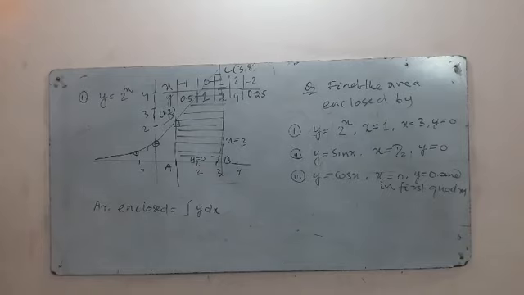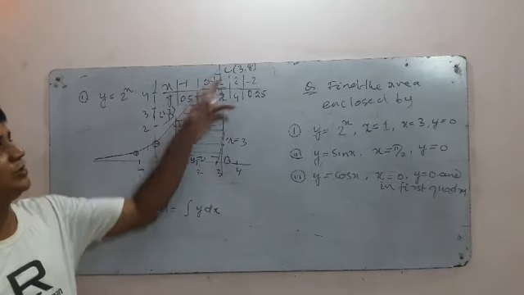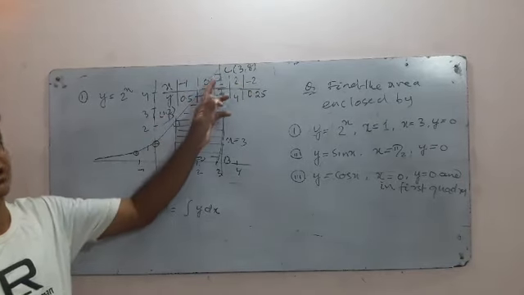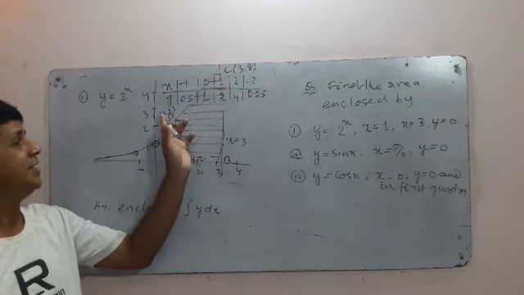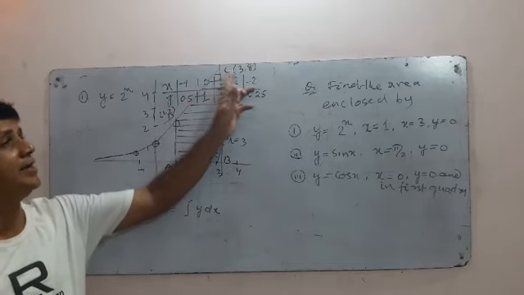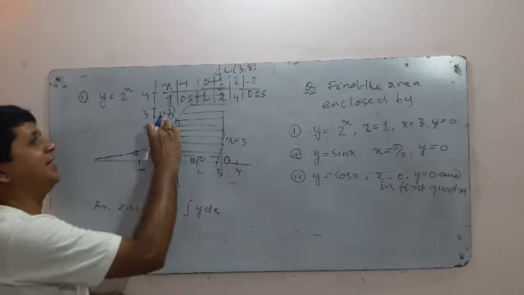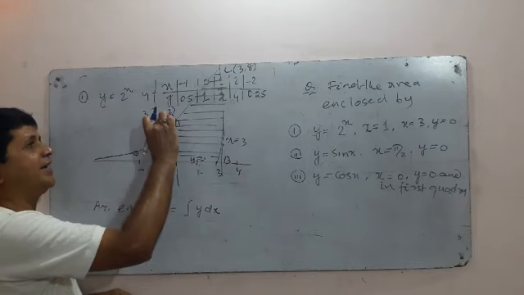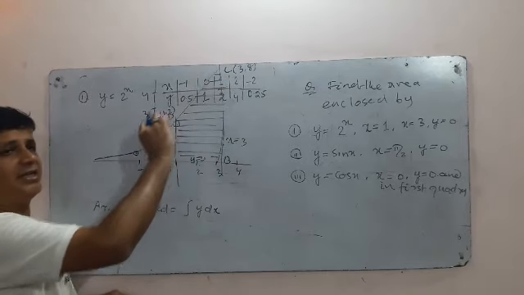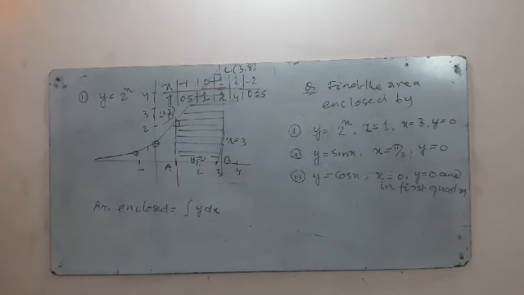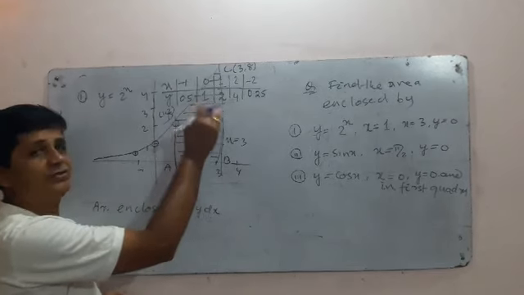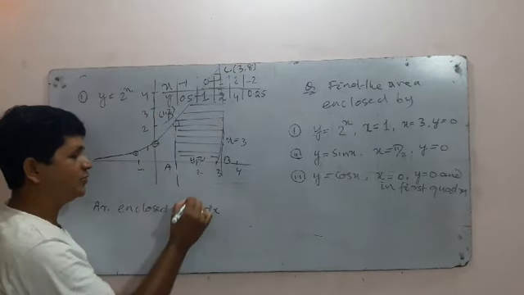So x varies from which part to which part? At the end point of the curve, you must see where the curve changes. Here the x coordinate is 1, here the x coordinate is 3. As it is dx, we need the x coordinate. If it is dx, we look at where the x coordinate changes at the end points of the curve. If it is dy, then we look at where the y coordinate changes. So it is from 1 to 3.